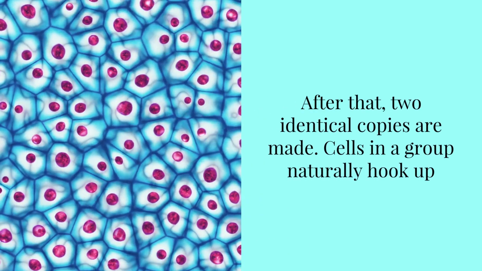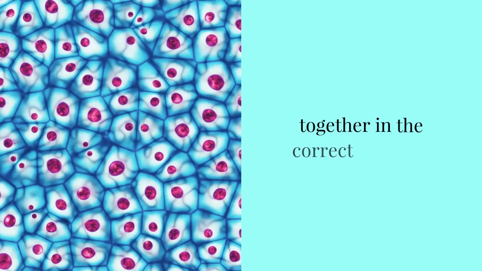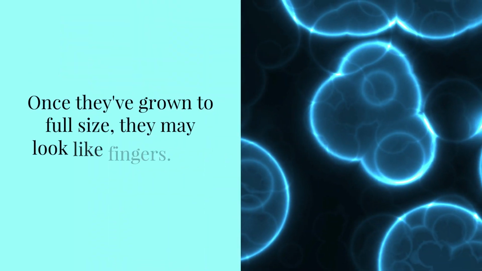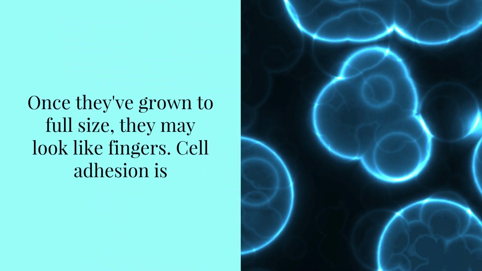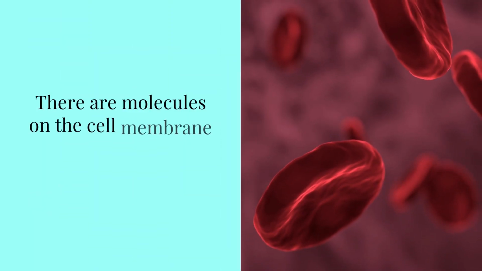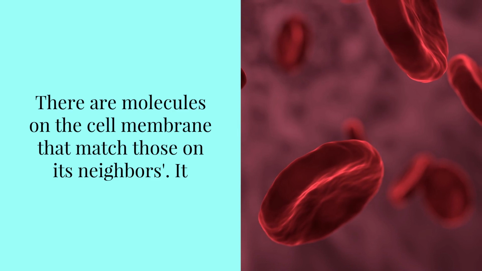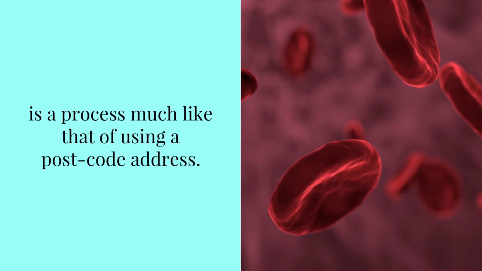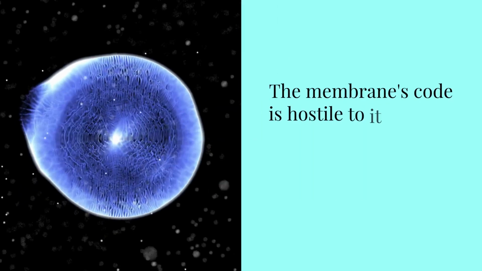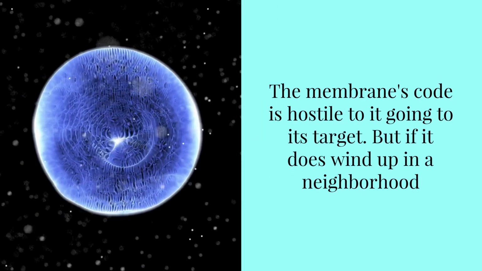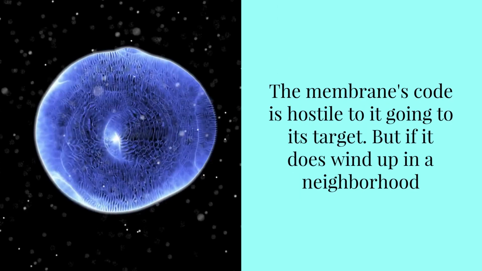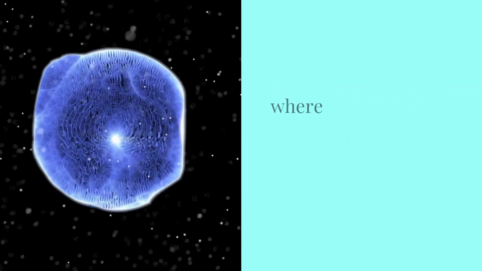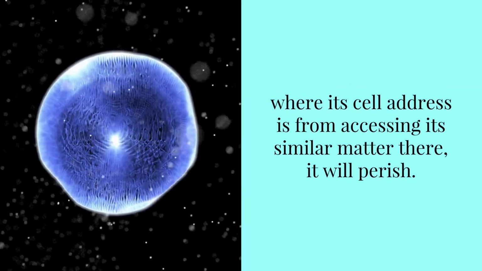Cells in a group naturally hook up together in the correct location. Once they've grown to full size, they may look like fingers. Cell adhesion is the name for this characteristic. There are molecules on the cell membrane that match those on its neighbors. It is a process much like that of using a postcode address. The membrane's code is hostile to it going to its target. But if it does wind up in a neighborhood where its cell address is from accessing its similar matter there,